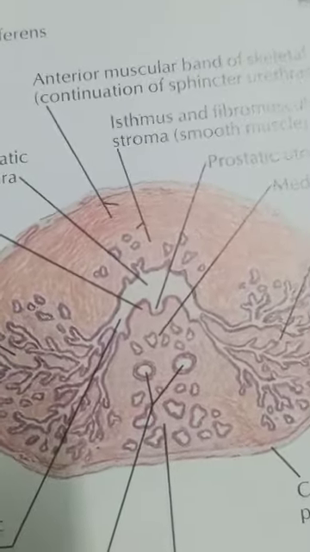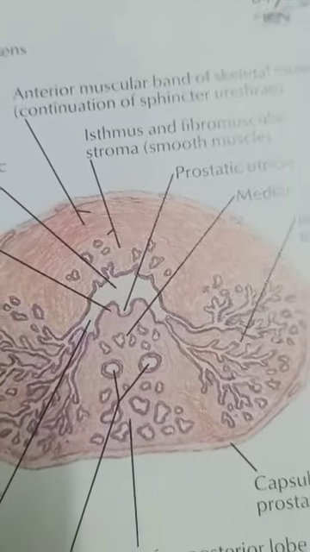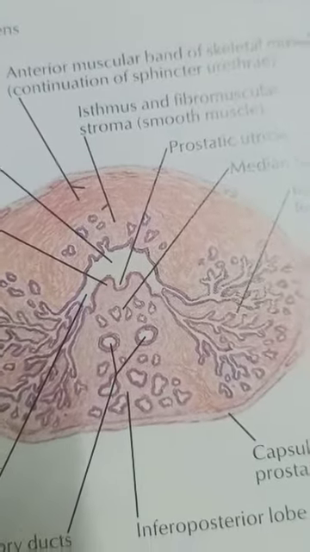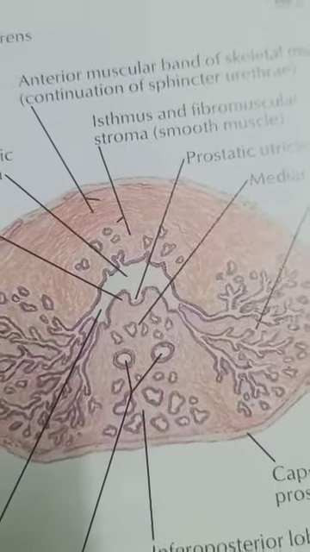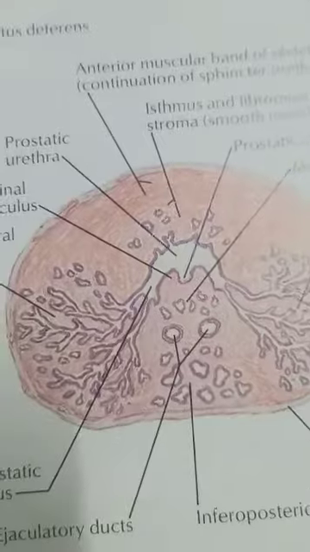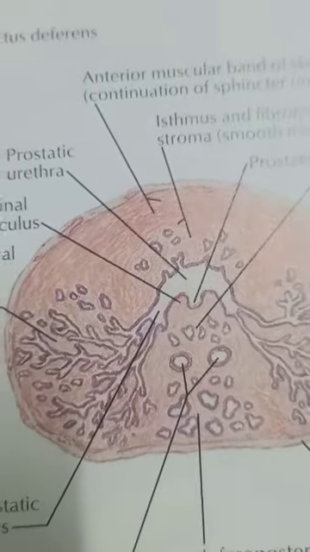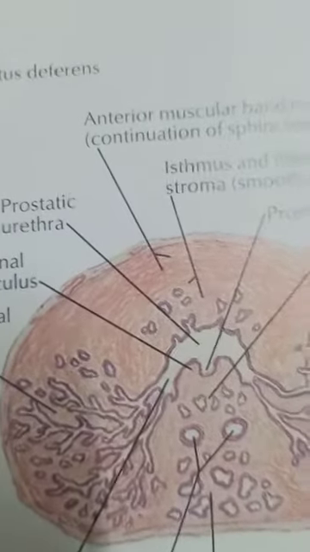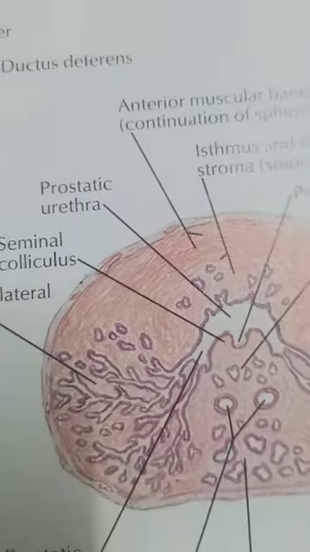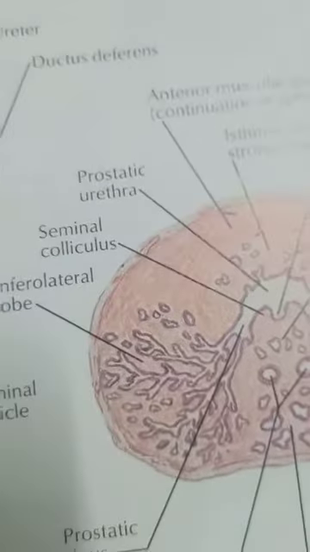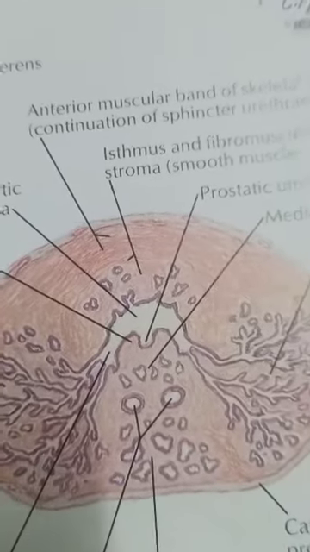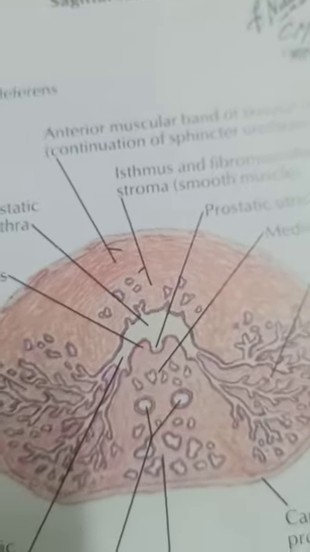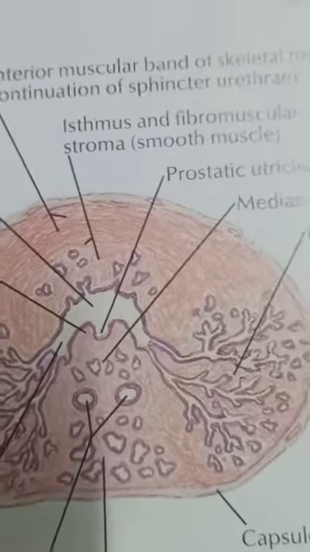Then, in the 6th week after birth, the epithelium of the duct will proliferate, and a little growth will be there in the glandular tissue because of the estrogen from the mother. Then after that there are no changes till puberty, and when it reaches puberty, because of the male hormones, there will be a rapid change in the prostate gland. The gland becomes double in size within 1 year after puberty.